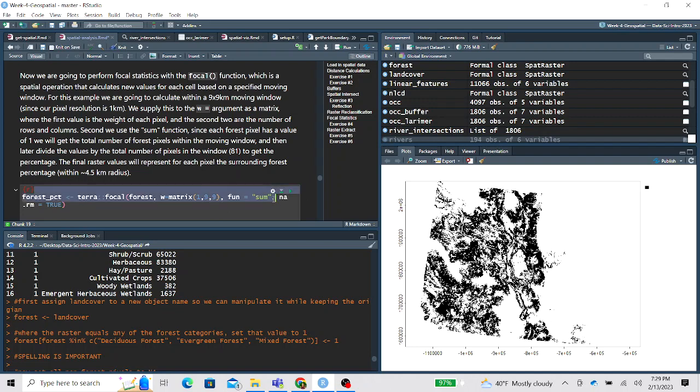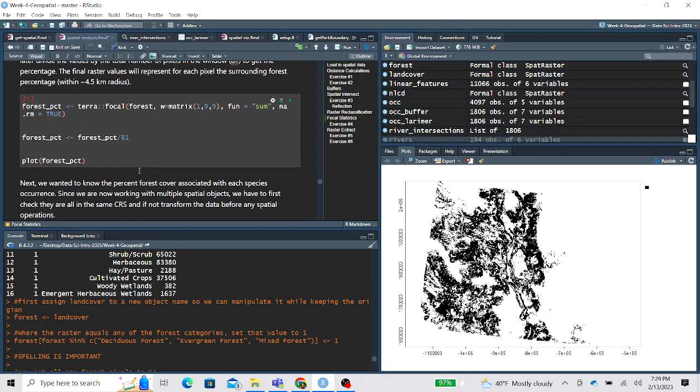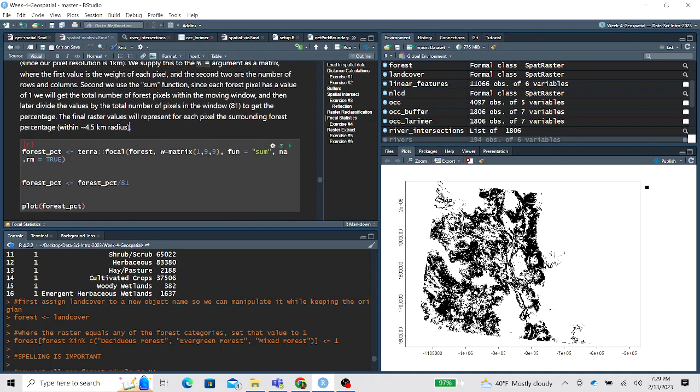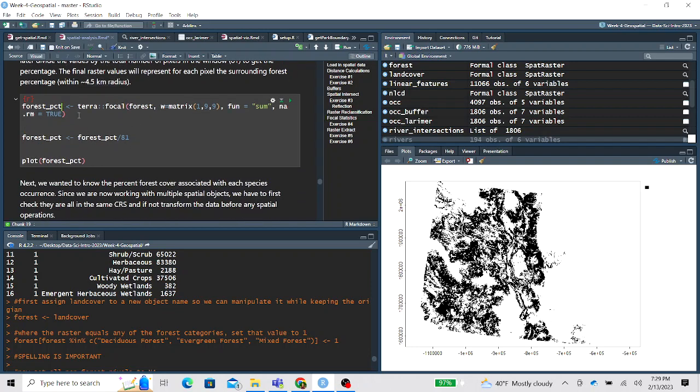And we're calculating sum because, remember, each pixel value is 1. If we sum all of the 1 values, and then later divide by 81 because that's how many pixels are in each moving window, we can get the percent forest within that window for each focal pixel. It's not exact because these are squares we're working with, but this is about calculating percent forest within a 4.5 kilometer radius. So we create this new forest percent raster layer,